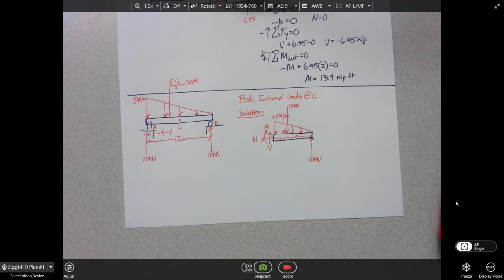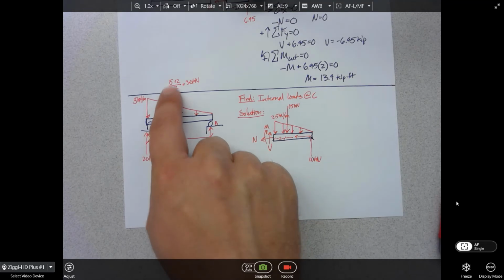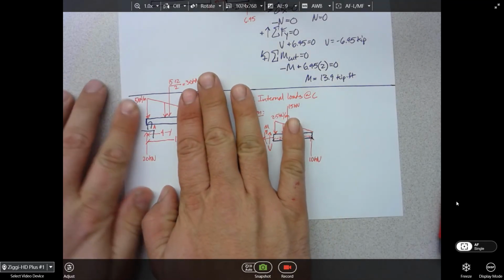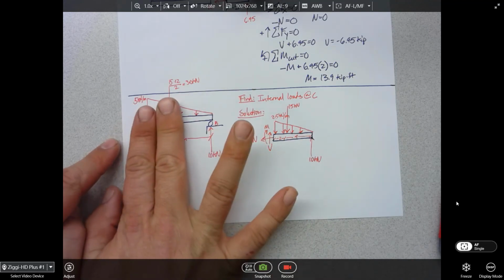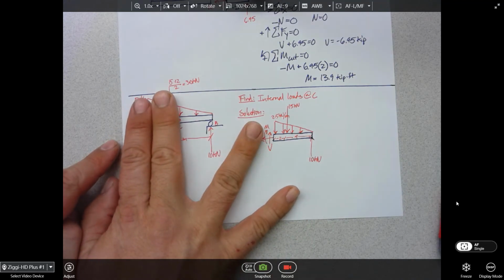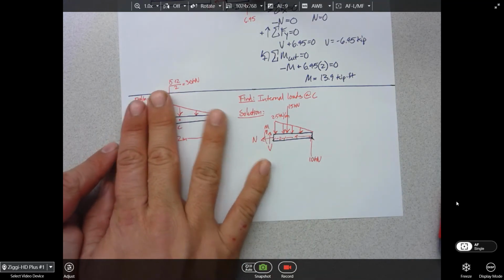Here's my free body diagram so far. I highly recommend looking at the right side of this instead of the left side. If you looked at the left side, what would you have to do? A rectangle and triangle. You couldn't just include the resultant, because when you drew that free body diagram, you'd have a trapezoid. Whereas if you draw this free body diagram, you just have the triangle.